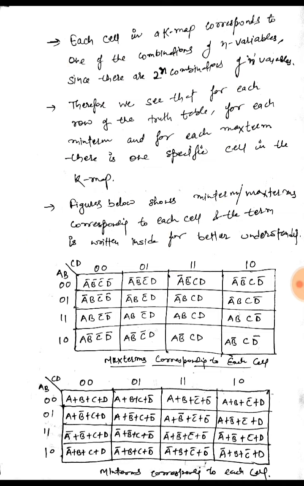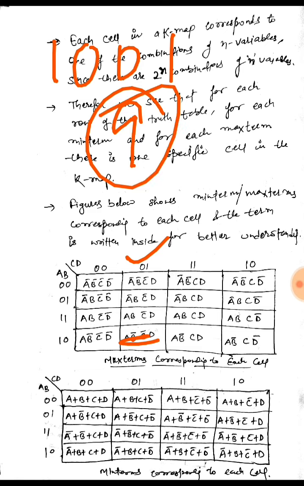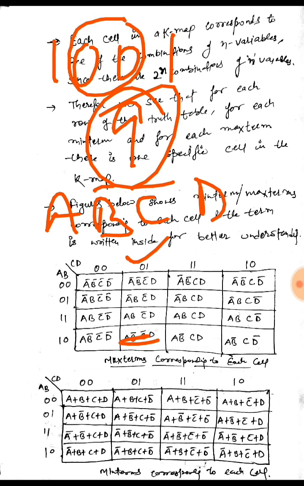Similarly for this cell, a is 1, b is 0, that is 1 0, c is 0 and d is 1, so it would be 0 1. So what it becomes, as you can see, is 9. So for cell 9, the corresponding max term would be a, b bar, c bar, d, because b and c are 0, so I will take their complement. So this is how we can find the max term related to each cell.